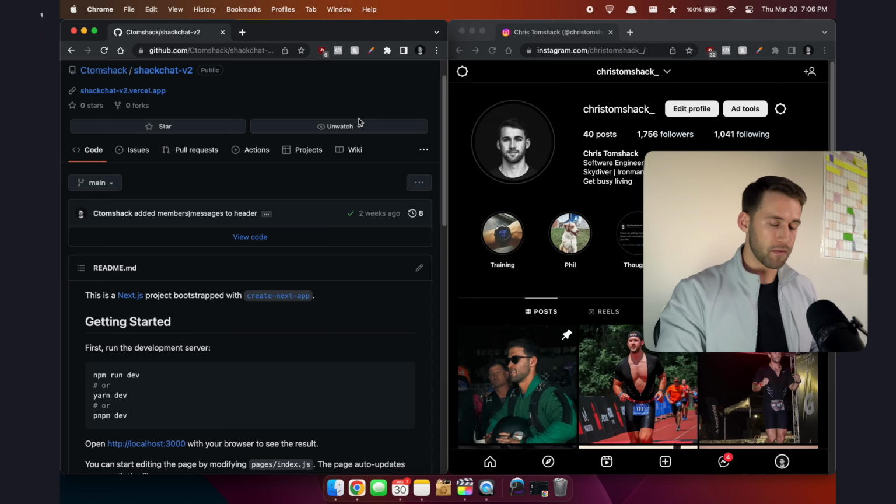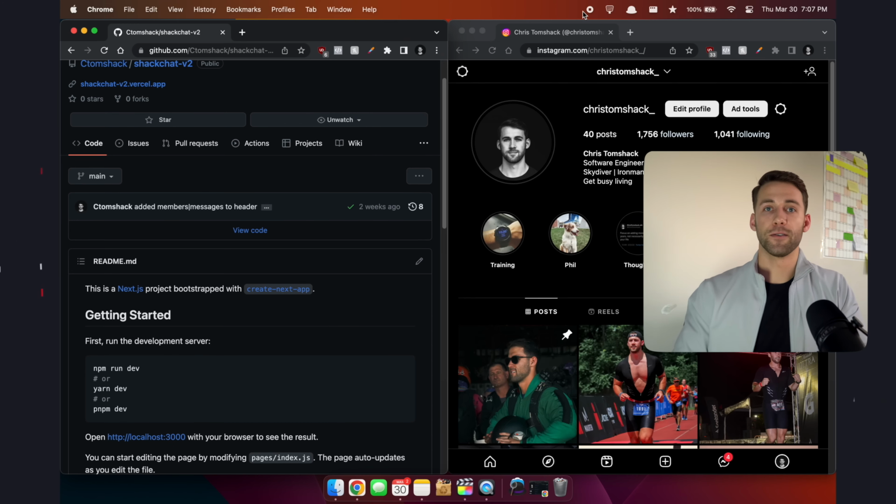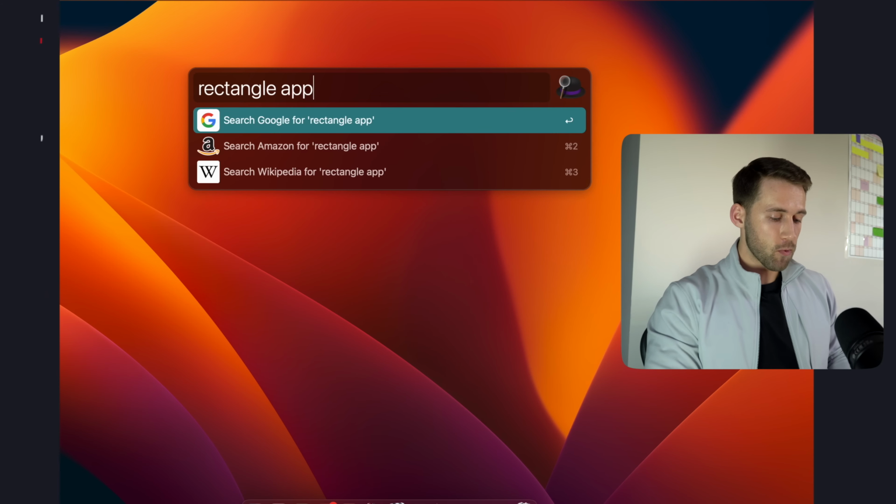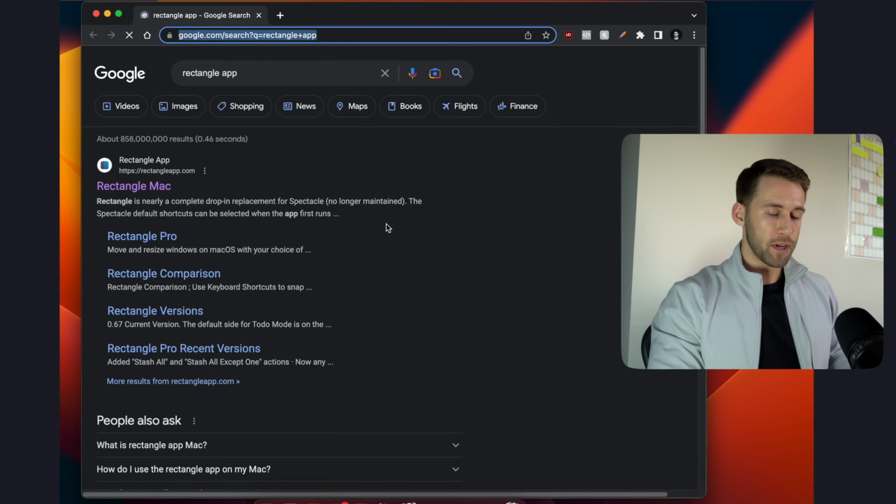It really allows you to divide up your screen in any way that you want to. To download Rectangle, it's really as easy as hitting Command Space to open up Alfred, typing in Rectangle app to open it in the browser, and downloading it from their website. Once downloaded, you can open the app to see the settings and all of the default hotkeys,